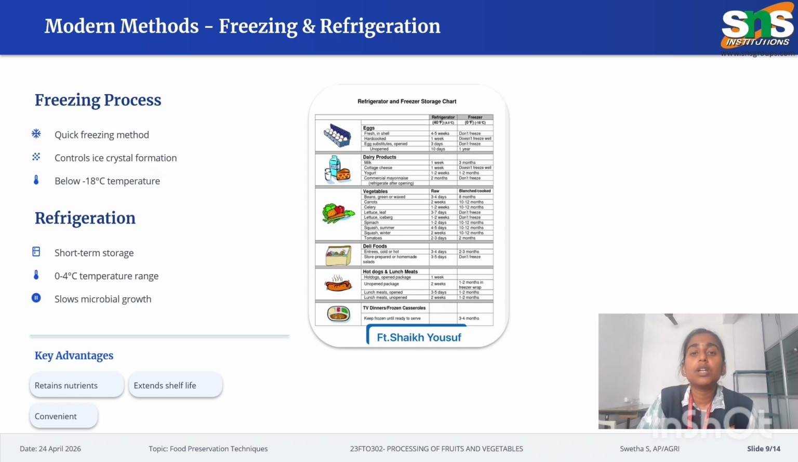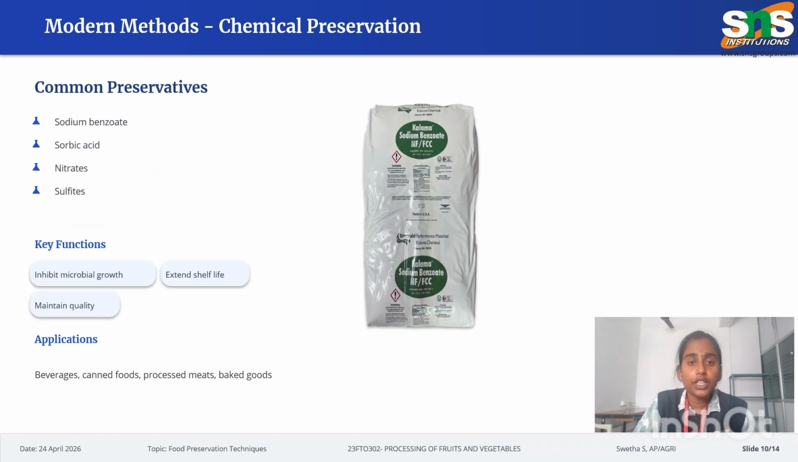Mostly it helps to maintain the temperature below minus 18 degrees Celsius. Refrigeration is for short-term storage, with a 0 to 4 degree temperature range maintained compared to the freezing process, and it also slows down microbial growth in food products. Chemical preservatives like sodium benzoate, sorbic acid, nitrates, and sulfates are used in foods to get benefits like inhibiting microbial growth and inhibiting the activity of enzymes in order to extend the shelf life